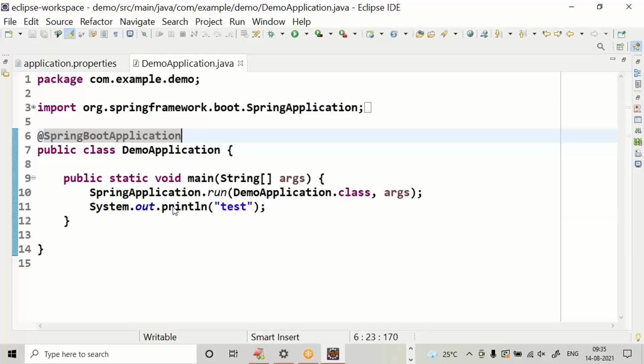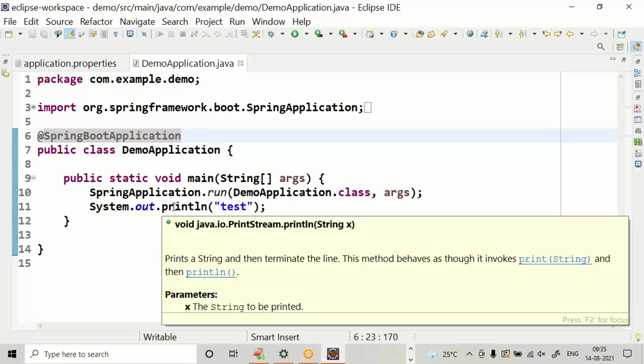Let us see developing a Hello World REST API.